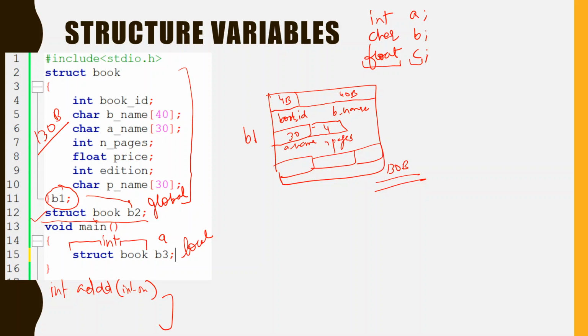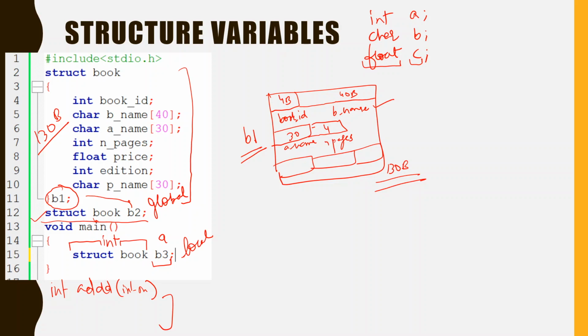Now if you want to access any member element, we have to access it with the help of the name of the variable. The names of the member elements are not accessible directly from any place. They can only be accessed by referring to them from the structure variable. We will see how to refer to this with the help of the structure variable.